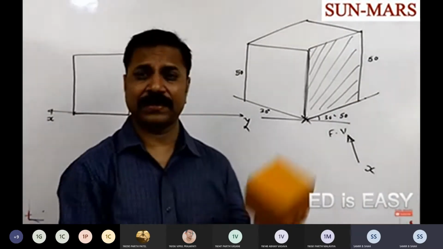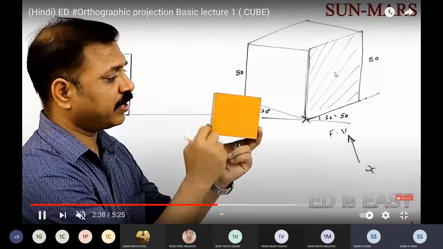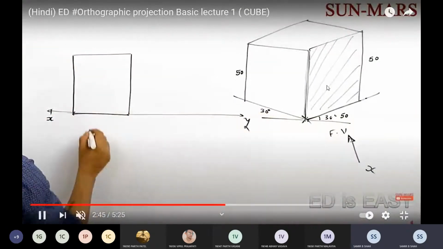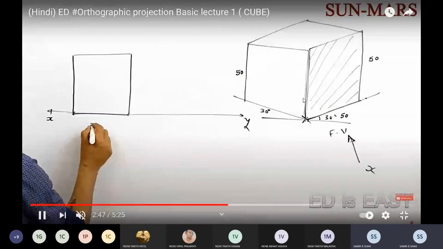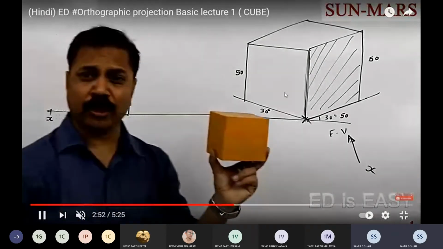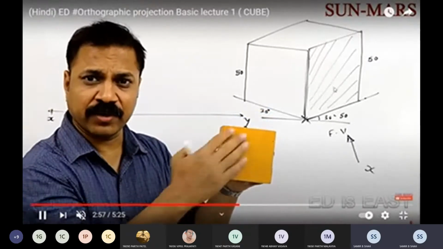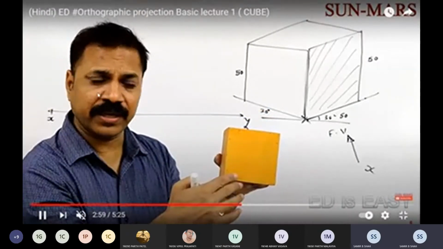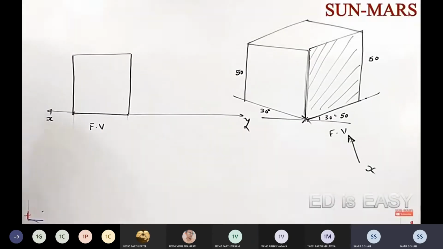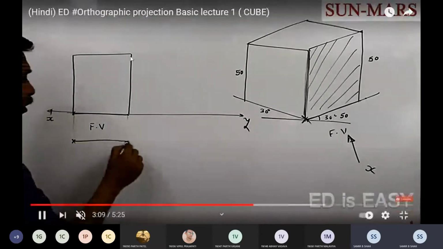Initially, we draw the front view. The slant lines are considered as shown from the front view. So from the front view we will get a square whose length is 50 mm that we drew here. After that, the height is 50 mm that we drew here, and once again this is okay. So this total portion is shown in the front. We just take the projection in this way. The projection should be light.